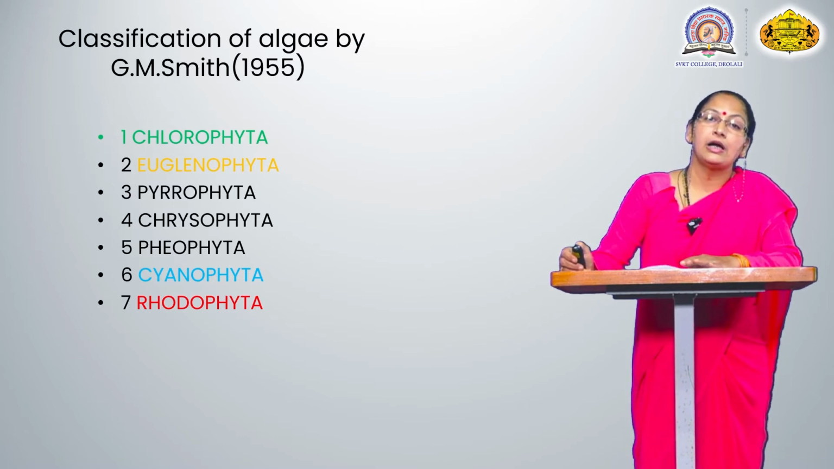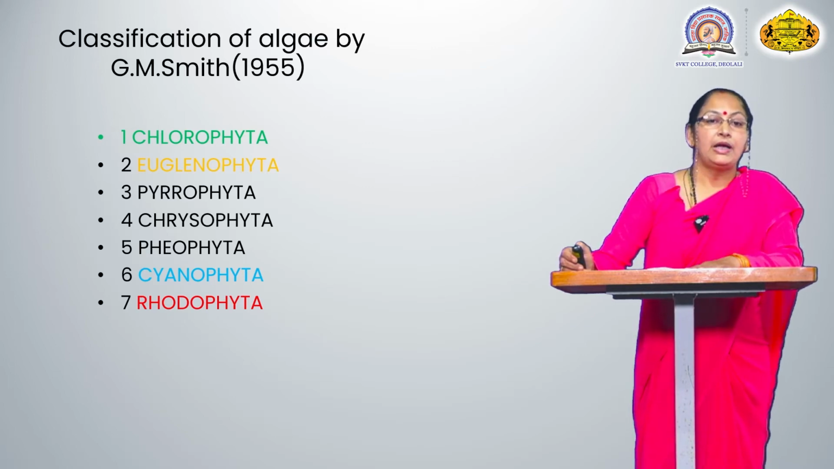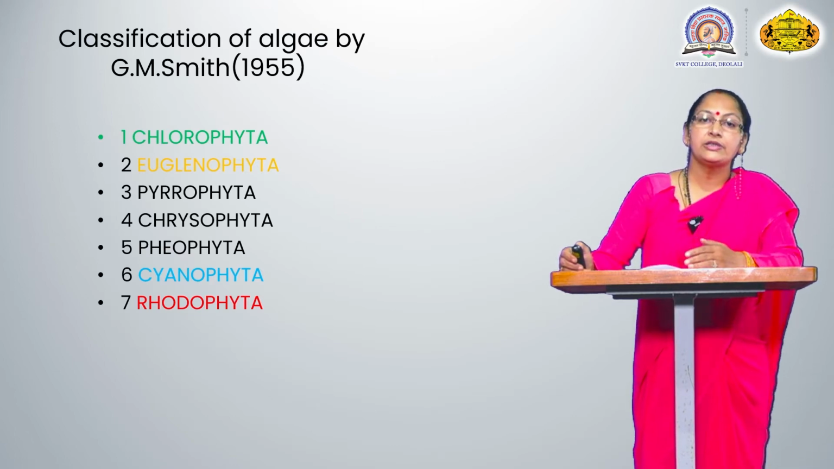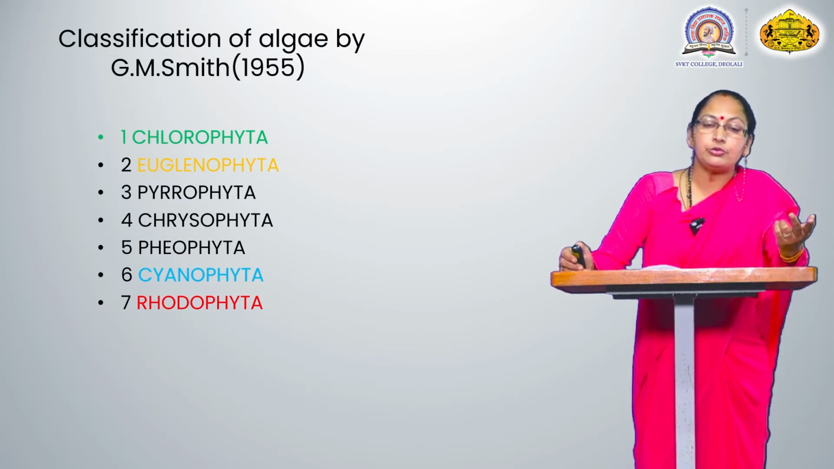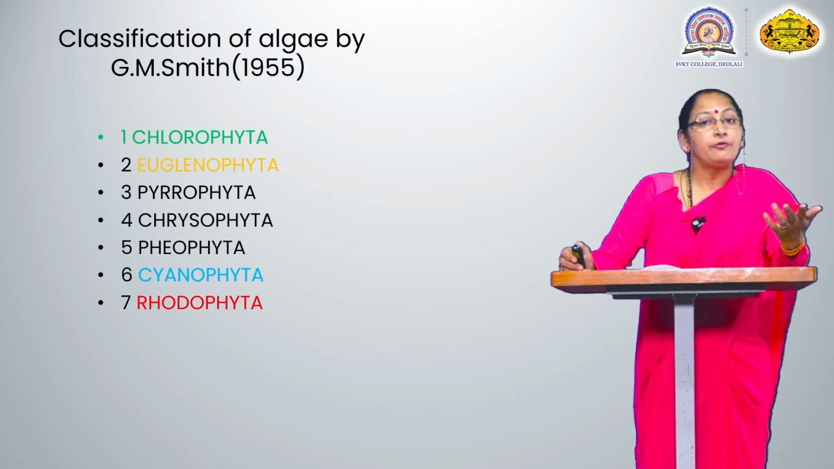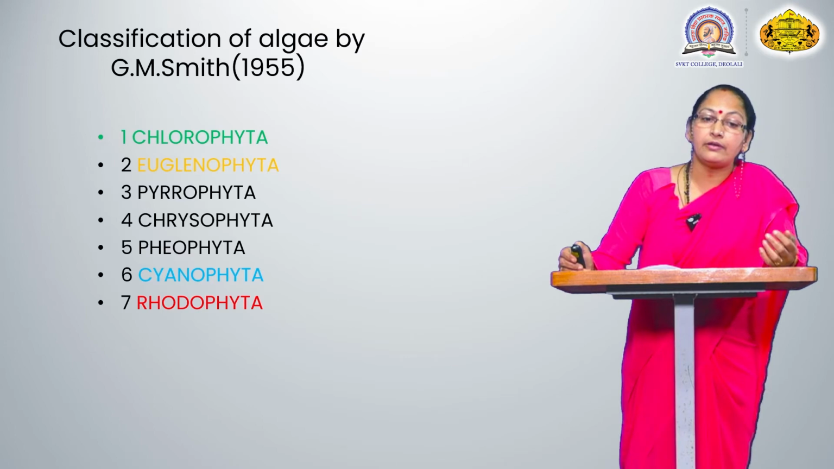All these 7 classes are divided with the help of the classification of algae by G.M. Smith in 1955. Is it clear? I will repeat all these classes one by one because it is very important in our syllabus. First is the Chlorophyta, then the Euglenophyta, third the Parophyta, Chrysophyta, Phaeophyta, Cyanophyta, and